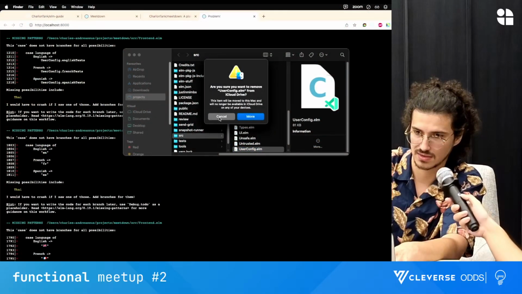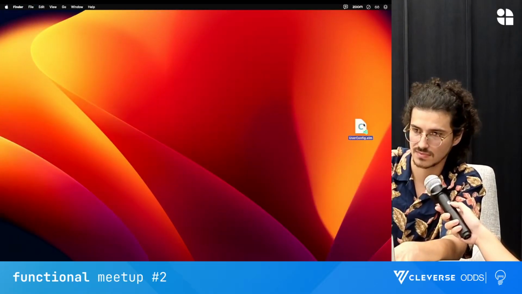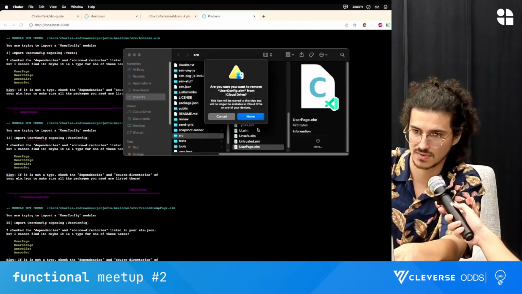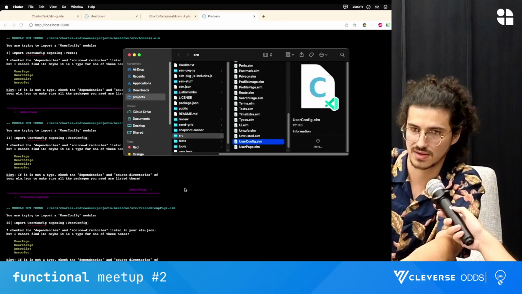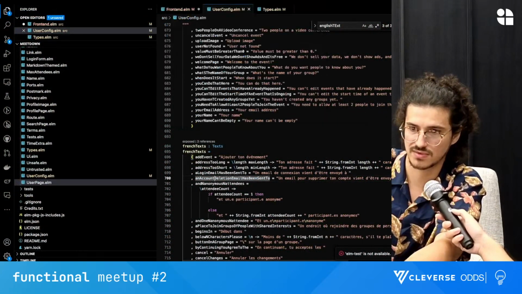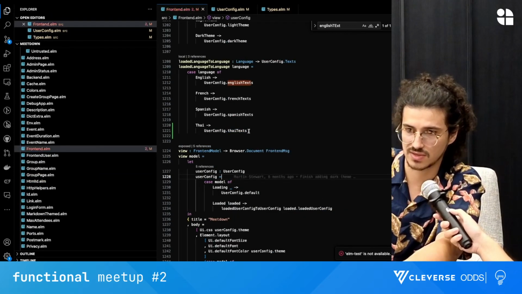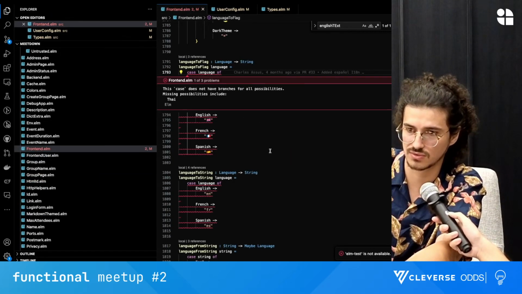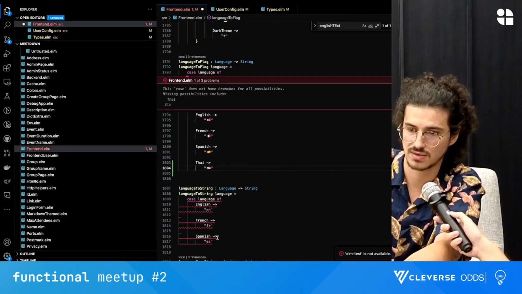Okay, let me just move it. Okay. And now let me restart my server. Okay, so now type text is working, and now I just need to finish with this new compiler error.